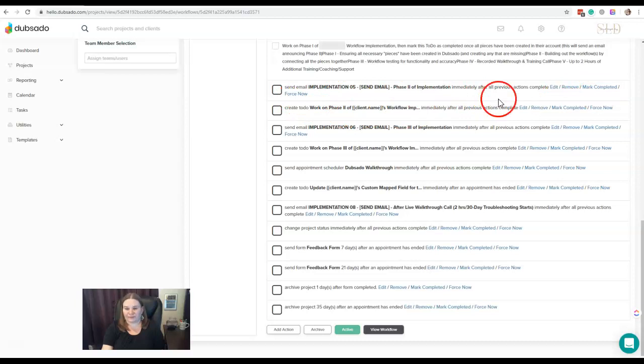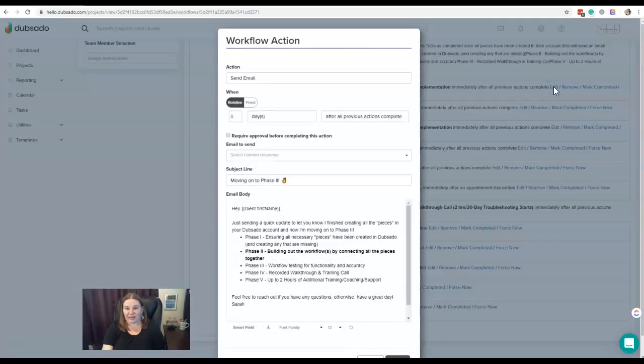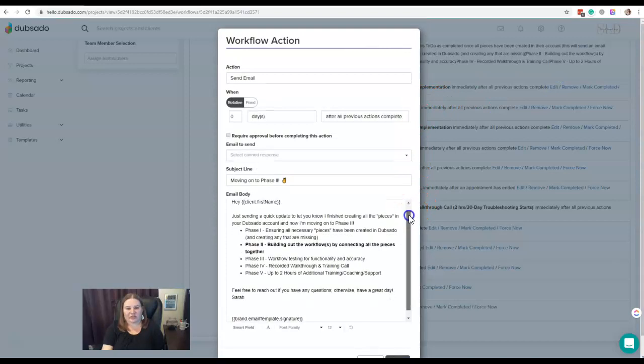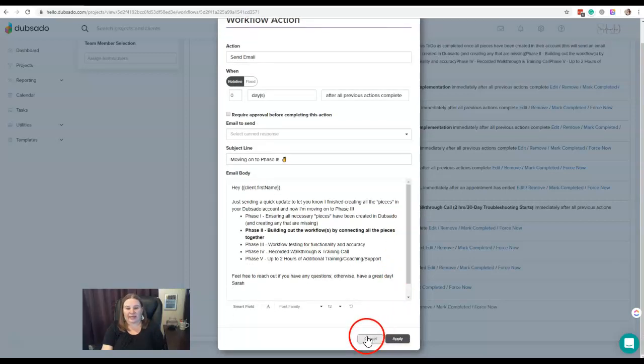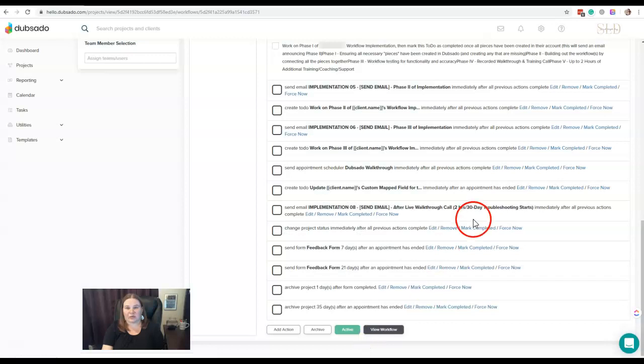You can click to edit. And if you need to make changes, maybe changes to the email it's going out, to the timing of it, to the action itself, any changes you need to make to that action, as long as it hasn't already run in the workflow, you can click that edit link and edit that information directly within the workflow. You can click remove to remove an action from the workflow if it no longer applies or you don't want it to run for some reason. There's a number of reasons why you might not want an action to go. You can just click to remove it.